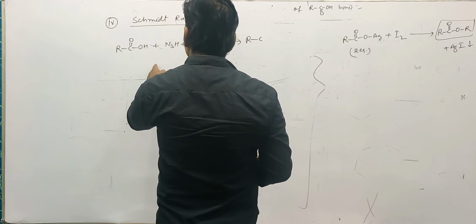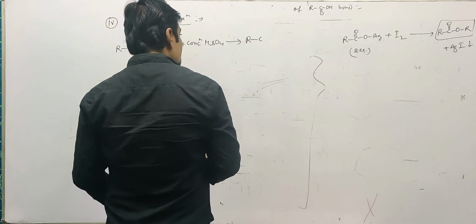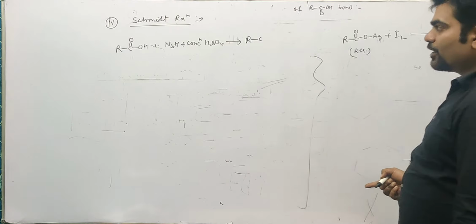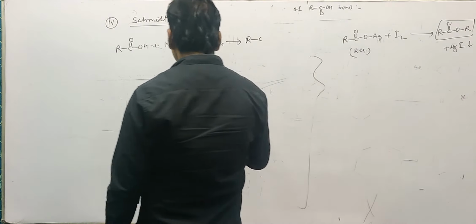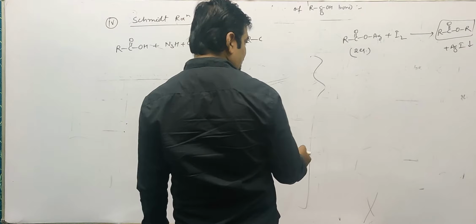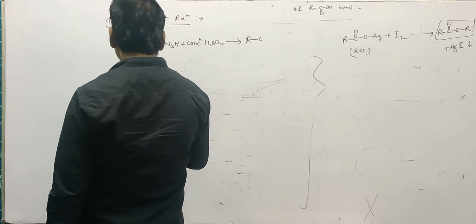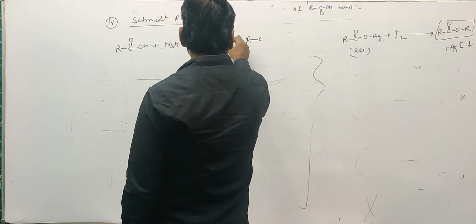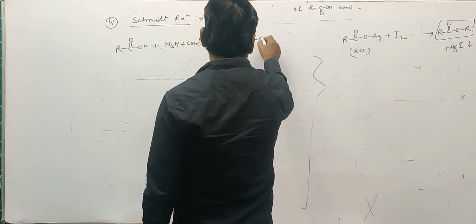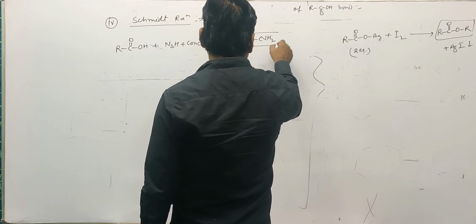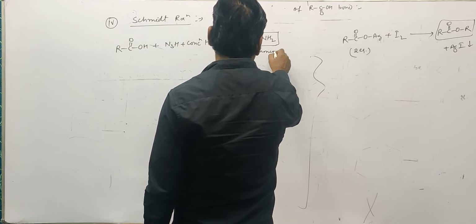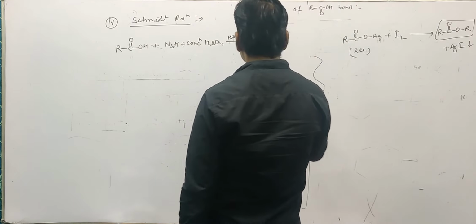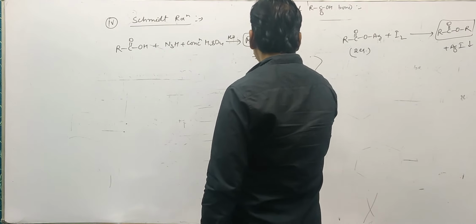In that particular reaction, what happens? There will be intramolecular migration of the alkyl or aryl group on the carboxylic acid. First of all, it forms the corresponding alkyl isocyanate, which upon hydrolysis gives rise to primary amine. So how does this reaction take place? Followed by hydrolysis we will have RNH2. This is nothing but primary amine, and this is one of the sources of preparation of primary amine, using the Schmidt reaction.